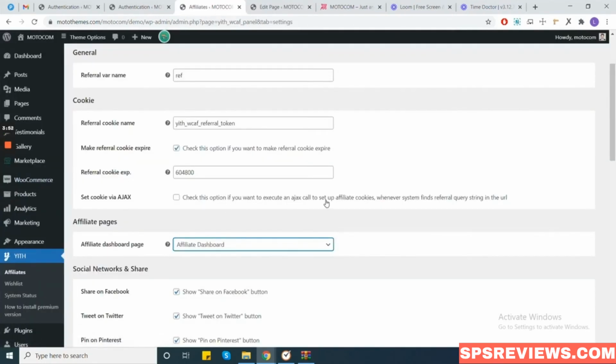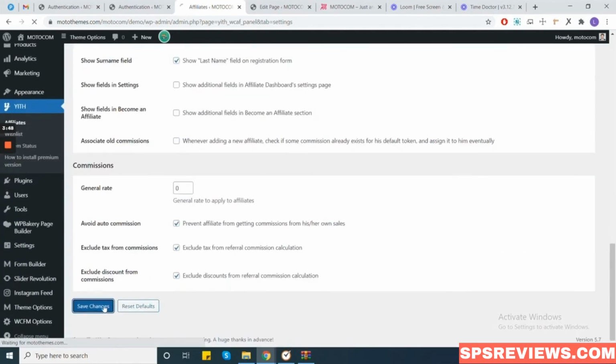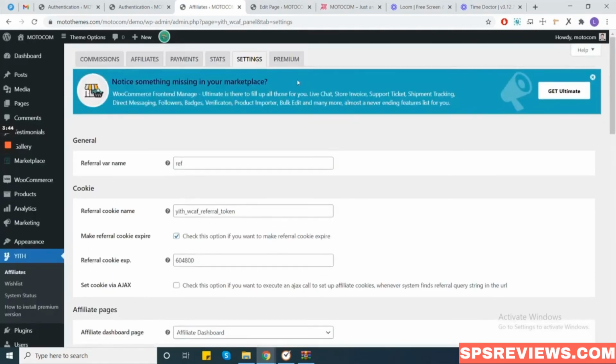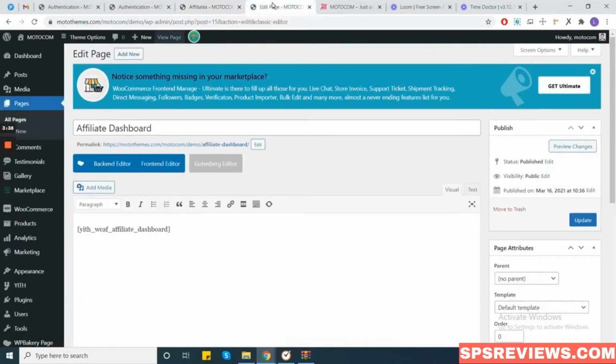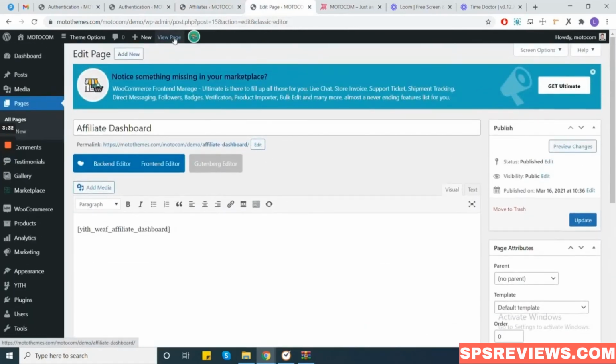After creating the page for the affiliate dashboard, we need to save the changes. To see the affiliate dashboard page in the backend, let's go to this and view page option.